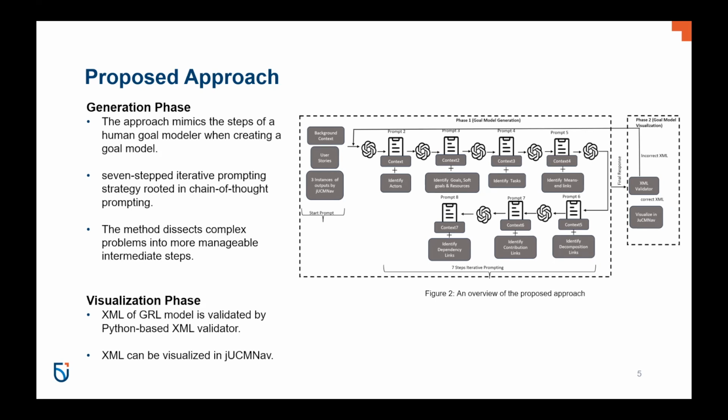links. Intuitively, the LLM must also adhere to the same sequence of steps in the same order to arrive at a goal model. So that's why we propose the multi-step iterative prompting technique to facilitate this process. The 7-step iterative prompting strategy enables the LLM to build a goal model iteratively. This technique is inspired from the chain of thought prompting technique that dissects the complex problem into manageable intermediate steps. The first step of the approach is the GRL model generation phase that begins with the start